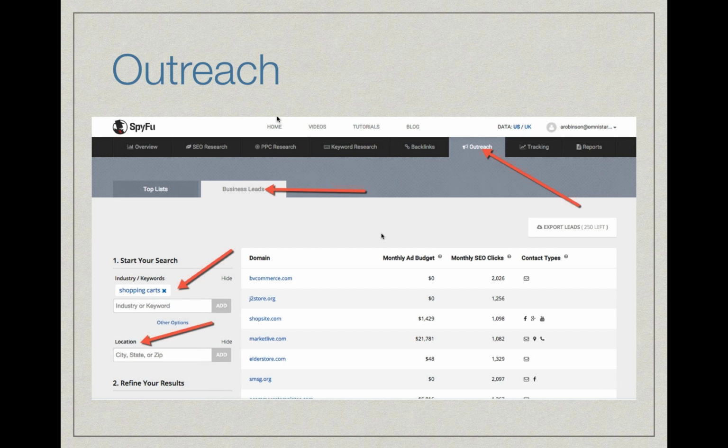It'll show you those domains matching that particular keyword. Again, here it does show you estimated monthly ad budget and the amount of SEO clicks, and it also shows you what contact types are available on their site. So right away, if these are companies you want to reach out to for marketing opportunities, how you can get listed and how you can form a partnership with them, you get to see how you'd be able to